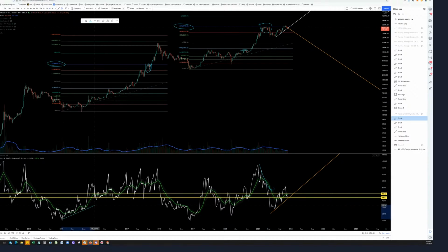Yes, we have a nice... We have actually three phases in there. So we actually have three mini parabolic moves within that, based on this RSI as well, and physically observing it. So what we had here was one big parabolic move, and here is another cycle of accumulation, and then momentum. I think this is going to take longer, actually, than what we did here,